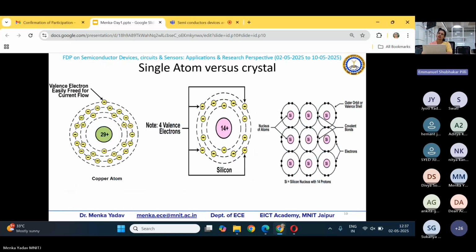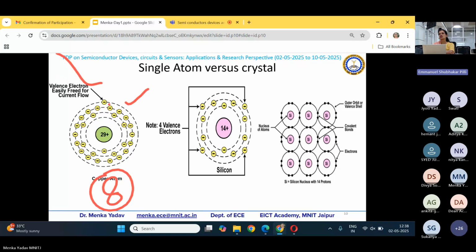So single element versus crystal, how will it look? Let us have a look at this. The first one we have taken is a conductor. In this case, a copper atom is taken, and it has 29 electrons. You can see there is one electron in the outermost shell. To make the outermost shell stable we need 8 electrons, so this one electron attracting 7 more seems a very difficult task, right?